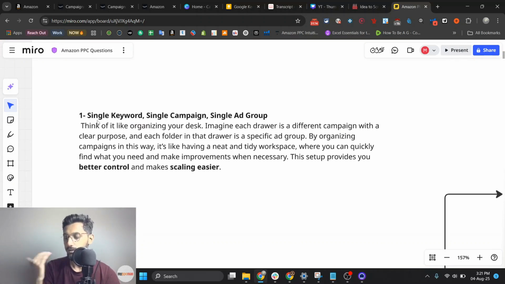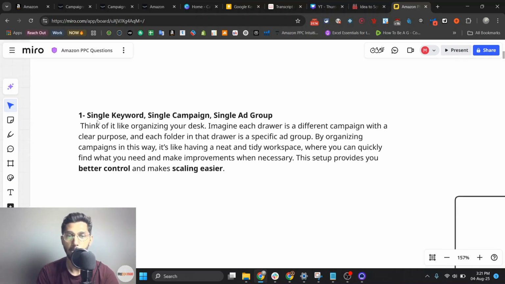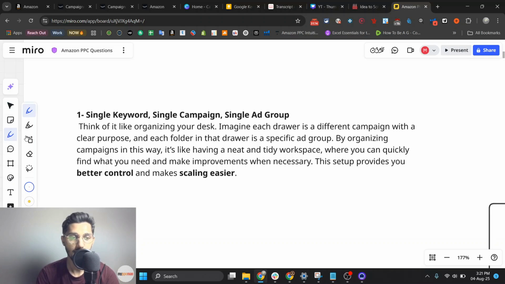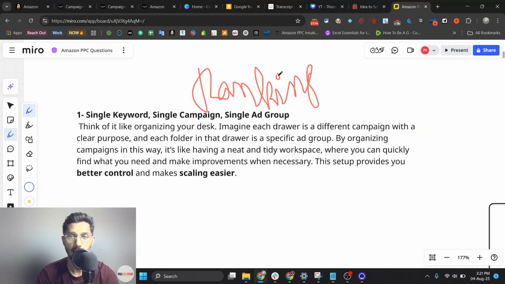It is most likely to go where you want to rank your product for that specific keyword. Because if you are running your campaigns around 100 to 200 keywords, you cannot just create 200 single keyword campaigns. That will be messed up. If you have enough data to go after that, yes, you can do it, but it is more for ranking purposes. So if you want to start increasing your ranking for some specific keywords, go after this strategy. However, you can use 5 to 10 keywords